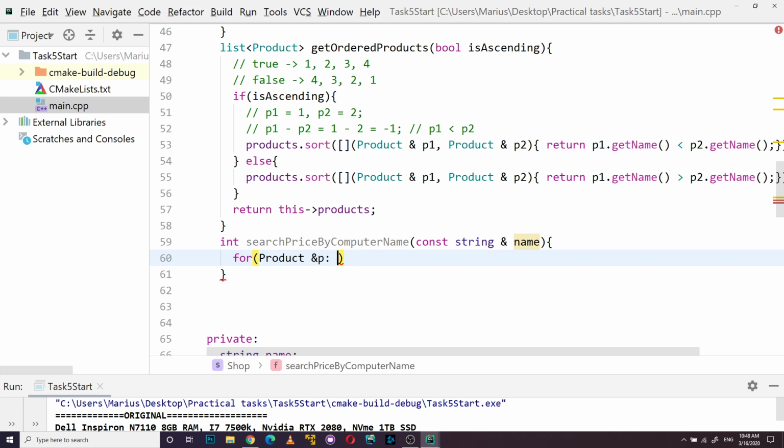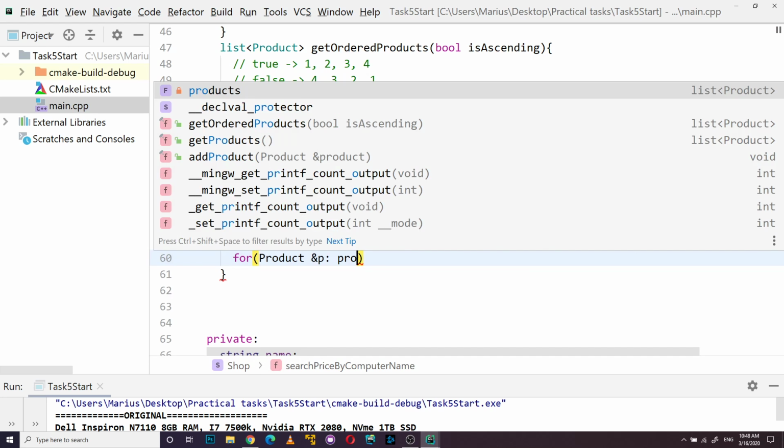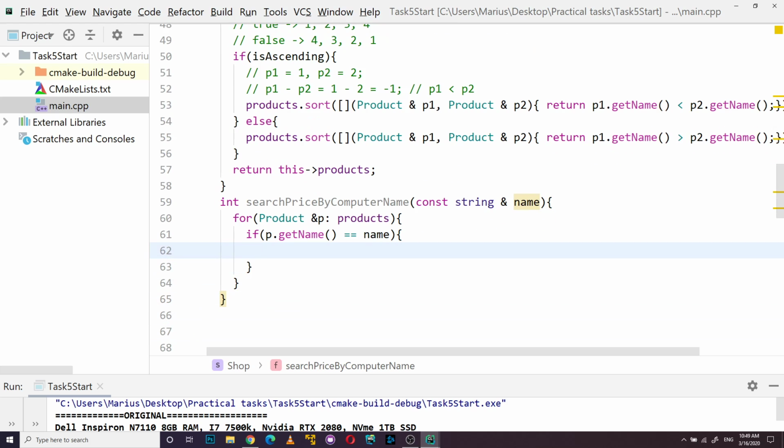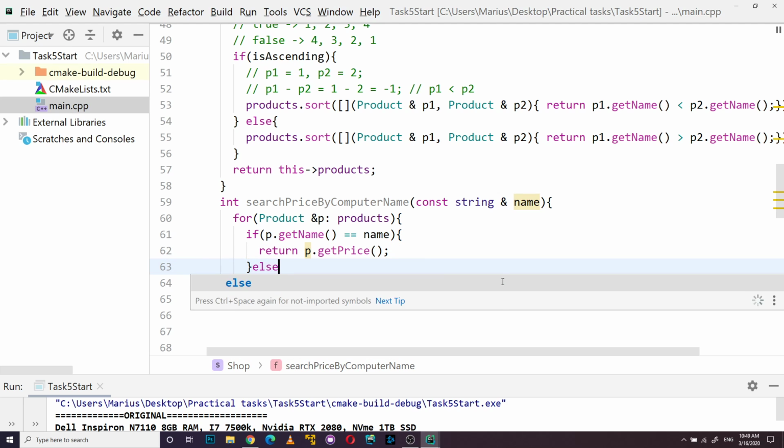Product, and we need to pass the products list. And here we're iterating the products. If p get name equals, there is no equals, we just write equality function name. Oh, sorry, name. If p get name equals name, we would like to return p dot get price. Else